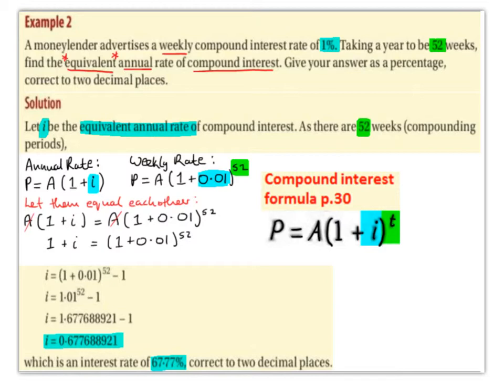So notice again that they're both equal to P, so we can let them equal each other. So we have A times 1 plus I on the left is equal to A times 1 plus 0.01 to the power of 52 on the right of the equal sign. We can cancel out the A's. So we have 1 plus I is equal to 1 plus 0.01 to the power of 52. In the next step, the 1 has just been brought over the equal sign, so we have minus 1. 1 plus 0.01 is 1.01. That's to the power of 52, which gives us